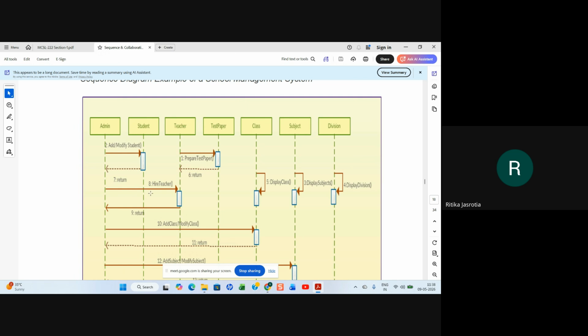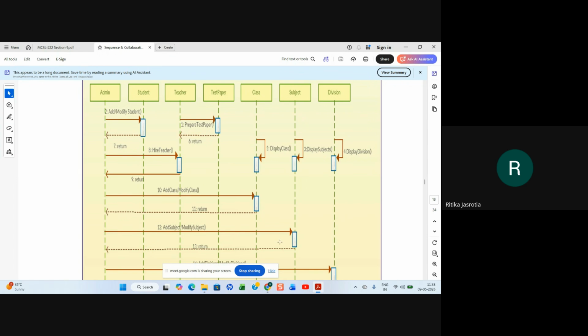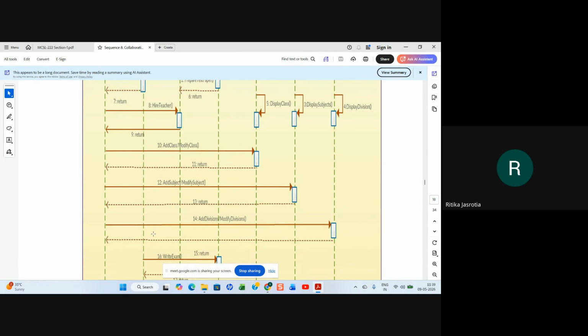Then the admin hires the teacher, and a return status is given to him. Admin also adds or modifies the class, and a return status is given. Admin can also add or modify subjects, and he will get the status. Admin can also add or modify the division, and accordingly he'll get the return status.